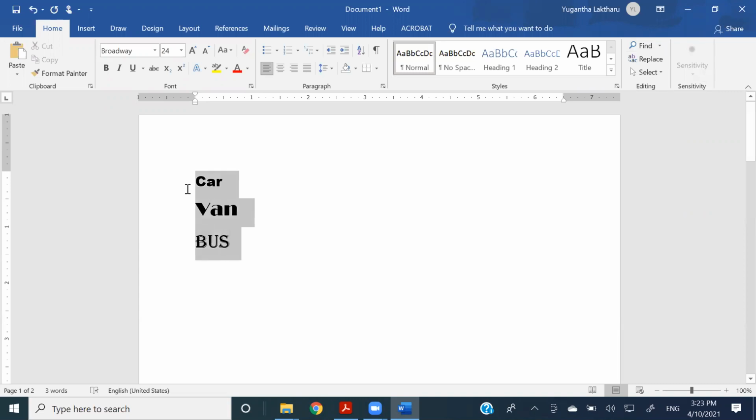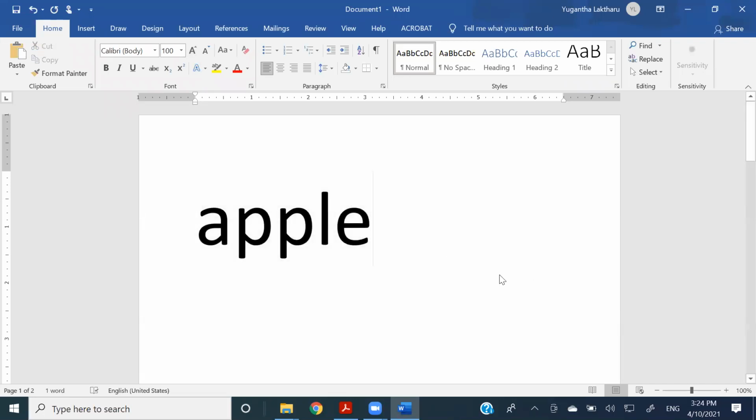Okay, so now I'm going to delete these things. How are we going to delete it? You can simply select it and hit the delete button. And then you can use the other tools for the other formattings. Now I'm going to type just one word, which is Apple, and I'm increasing the font,